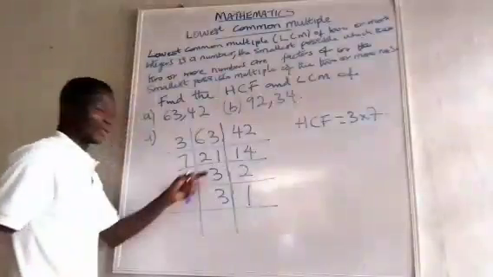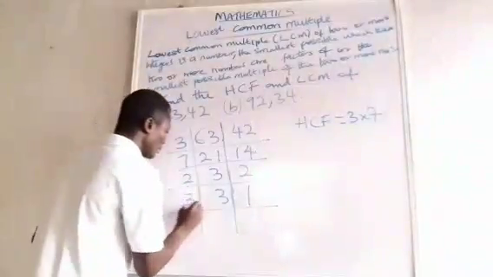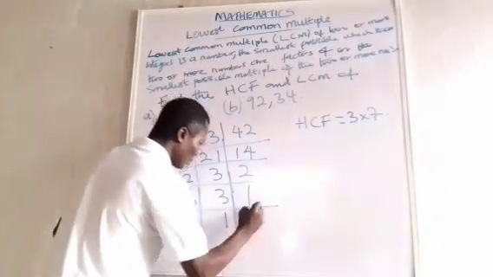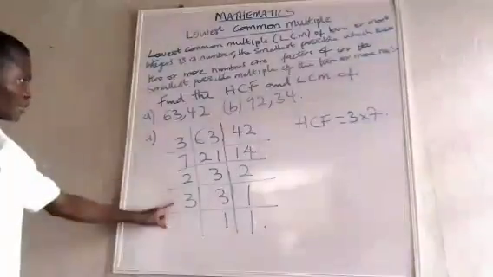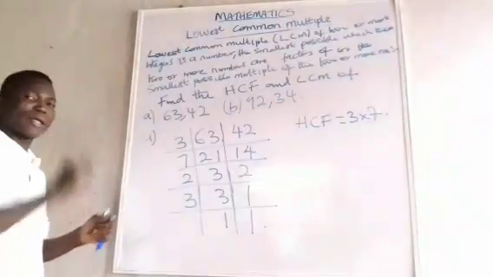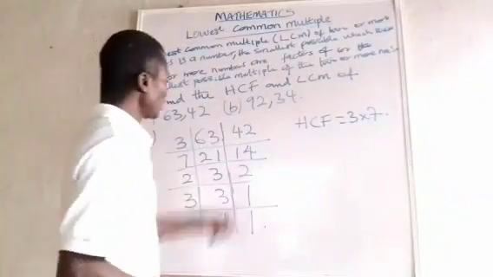Because 2 cannot divide this one conveniently. Now let's see. 3 here, you have 1, you have 1. So with this, you can now get the LCM, that is the lowest common multiple that these two will divide conveniently. Let's see, LCM